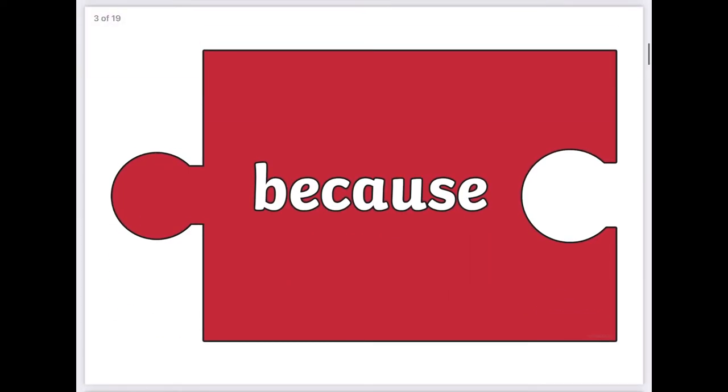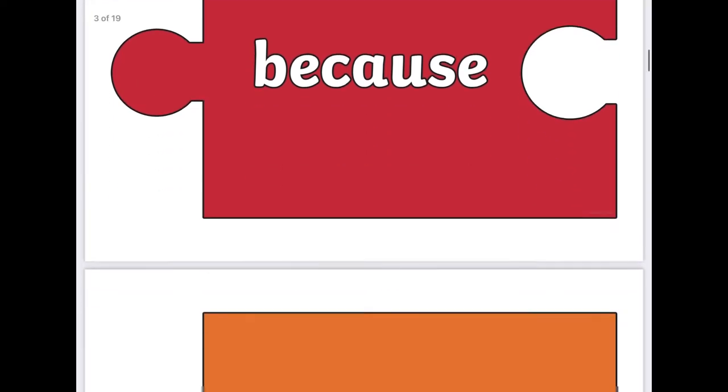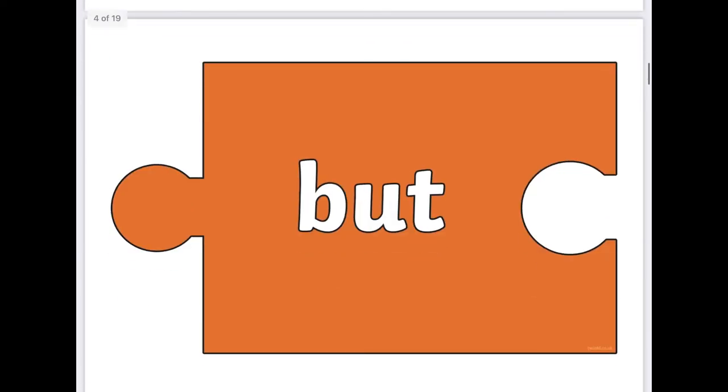Because, which is my favourite one. Big elephants can always understand small elephants. Remember how to spell that one. That's really useful when you're explaining things. This happened because of this. But,